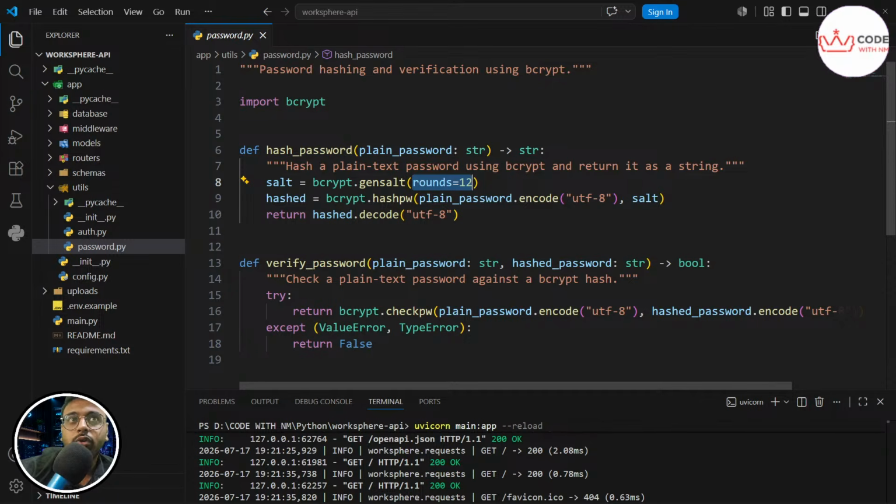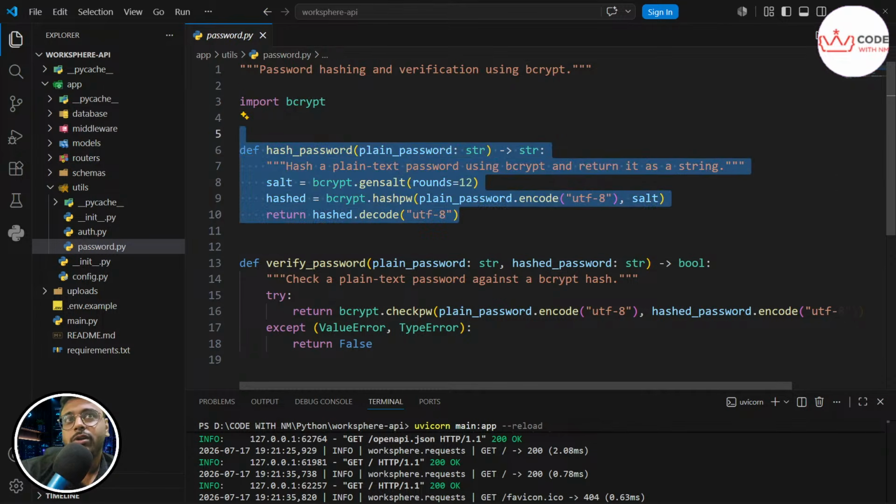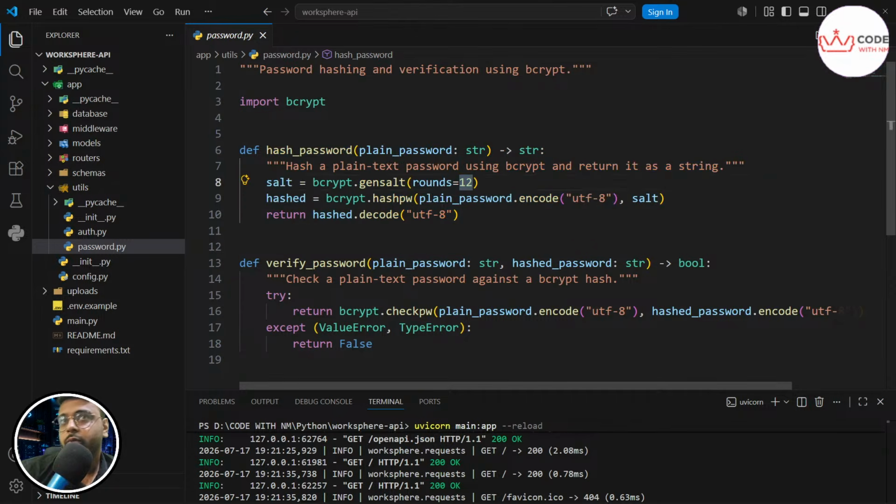That's how the salt is used to hash our password that many times. For example, if a hacker wants to guess our password, then he needs to guess it in the right way first, and then he needs to perform 2 raised to 12 times the decoding of our password. If he knows that I have rounded this with the help of 12 rounds, it means 2 raised to 12, this is not simply 12, this is 2 raised to 12. Okay, so that's why bcrypt is very powerful, because it is not possible to first of all know how many rounds the application in the real world is using. Although if he knows the round, he will never know the encoding and other things. Okay,